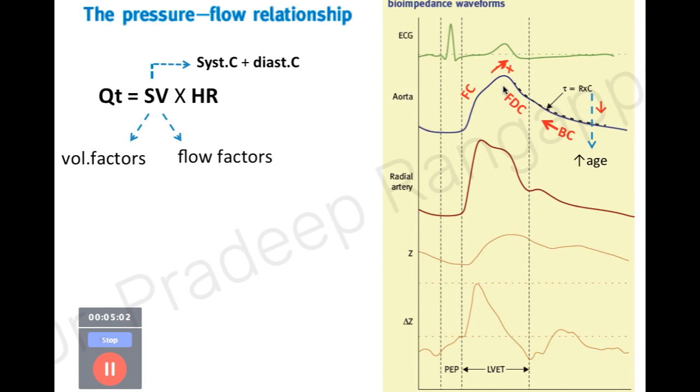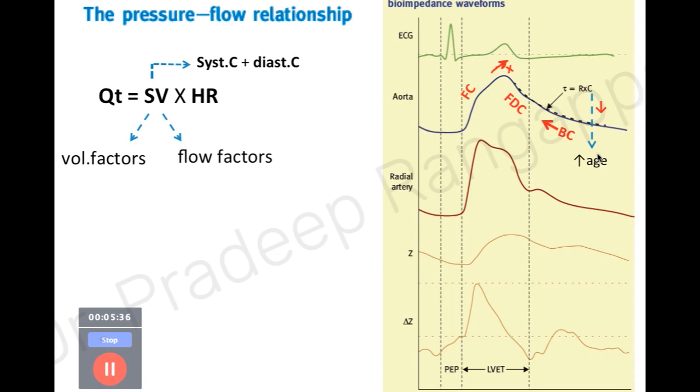And once the peak is reached, there is a forward decompression. During the systolic upstroke there is an ejection of the blood into the proximal aorta, and then during the diastole there is a filling of it and a forward decompression happens. Once there is a filling of the aorta and forward decompression happens, there is something called the back compression wave. This typically happens from the aorta or from the major vessels when the blood is being distributed into various other smaller arteries.